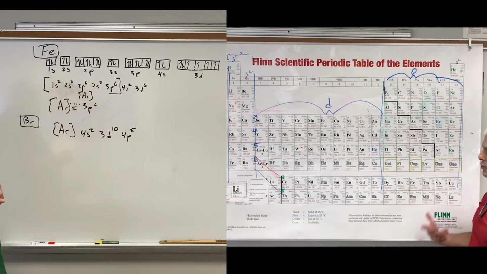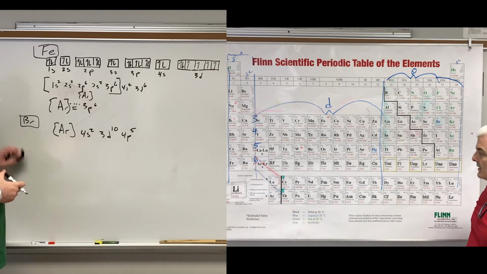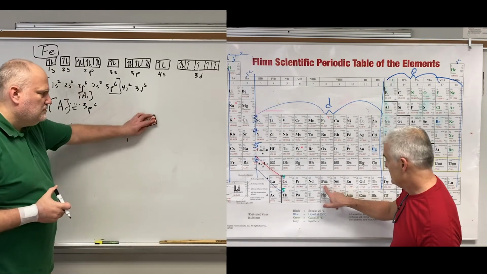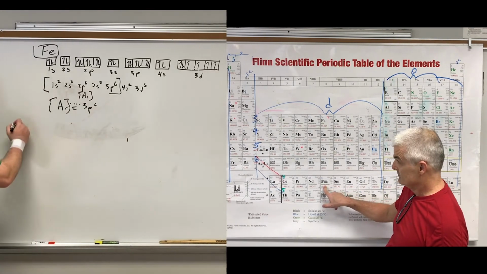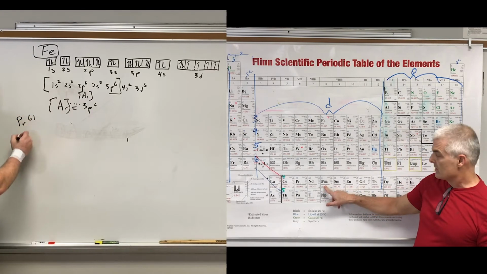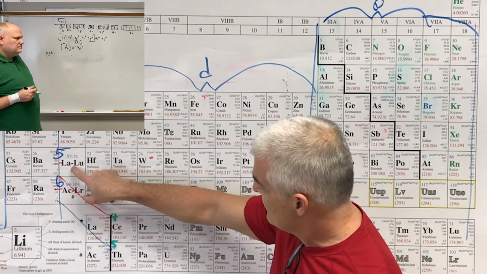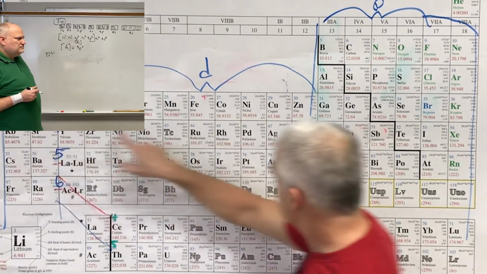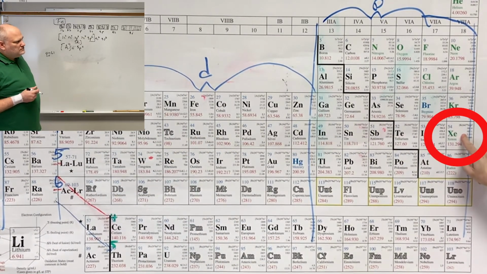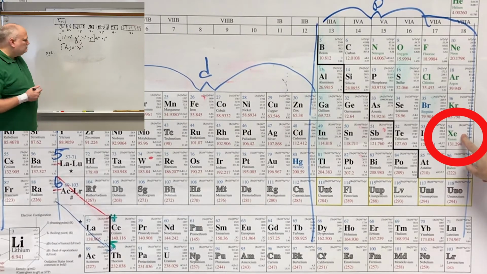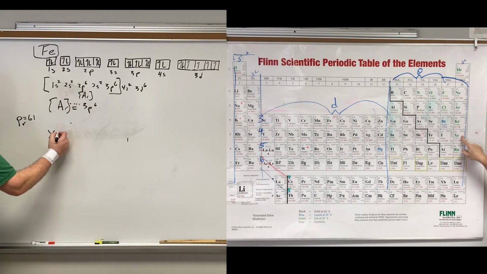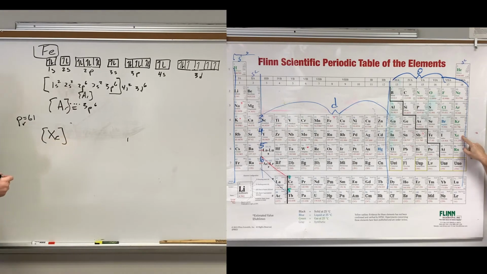I think we should do just one more, and just a crazy one. Let's do promethium, element number 61. Woo! All right. But we're going to do the shortcut notation. So we're going to back up, jump back to the 5th level, it's xenon. You're going to start with that, right? And all we have to do is build from xenon. And now we go xenon, remember,